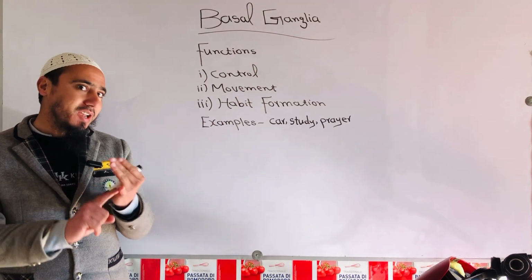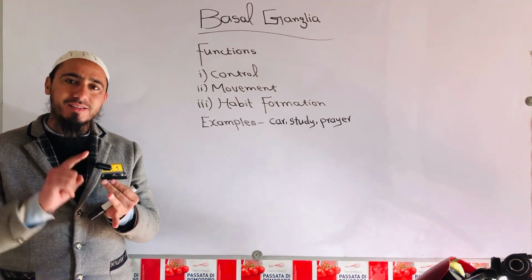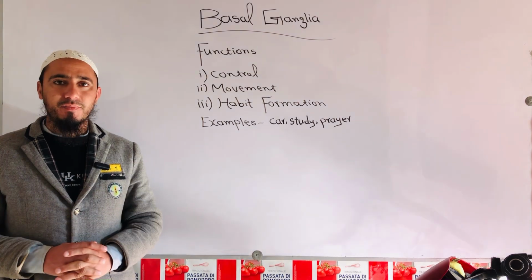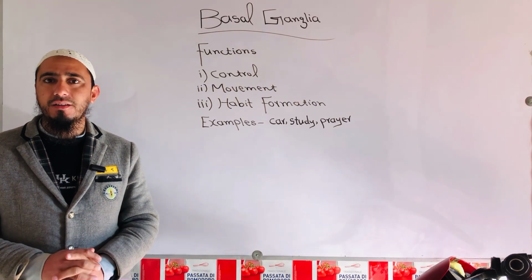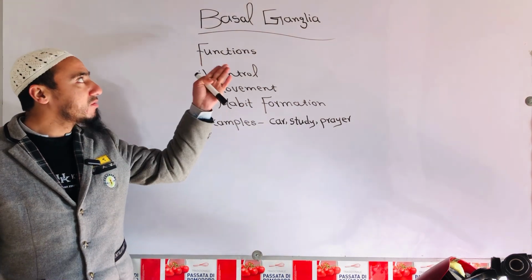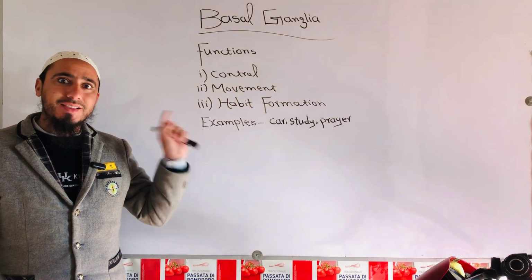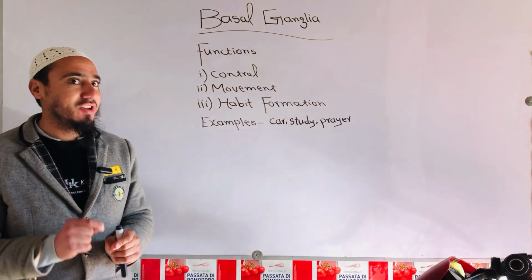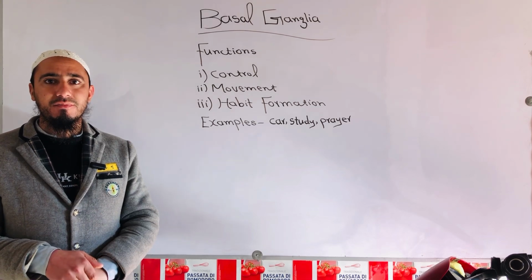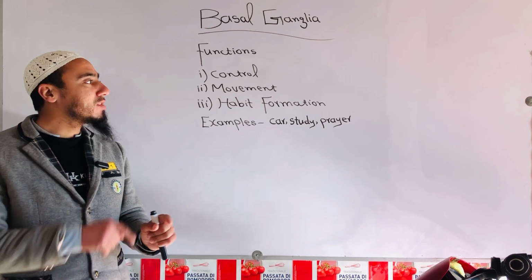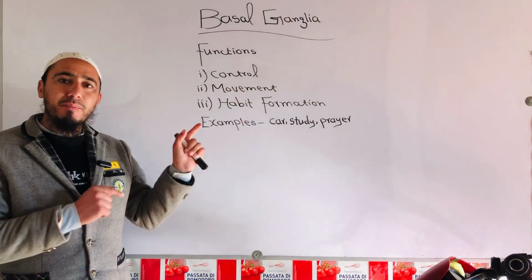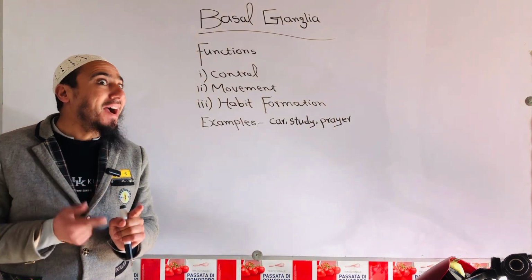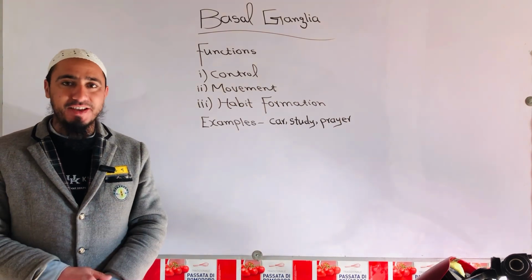When we repeat an action one time, second time, and third time, or more than that, it is because of the basal ganglia that it helps us to make that action automatic. And with the passage of time, the basal ganglia reminds you to repeat it at the same time.